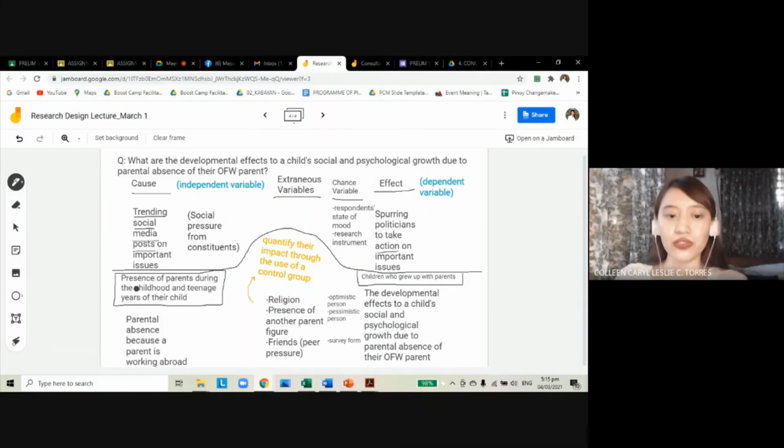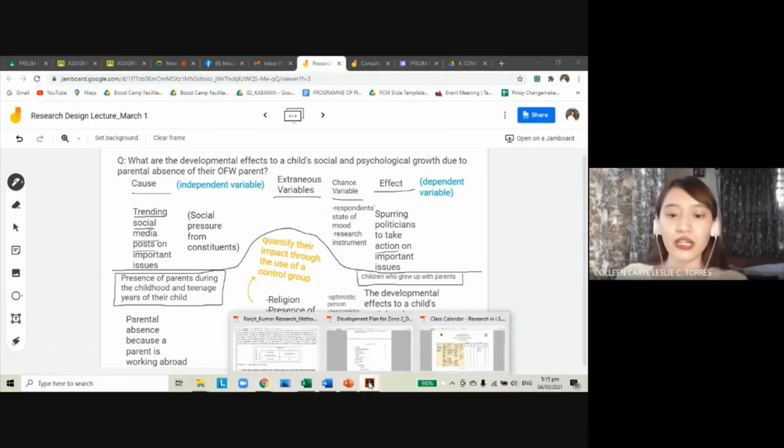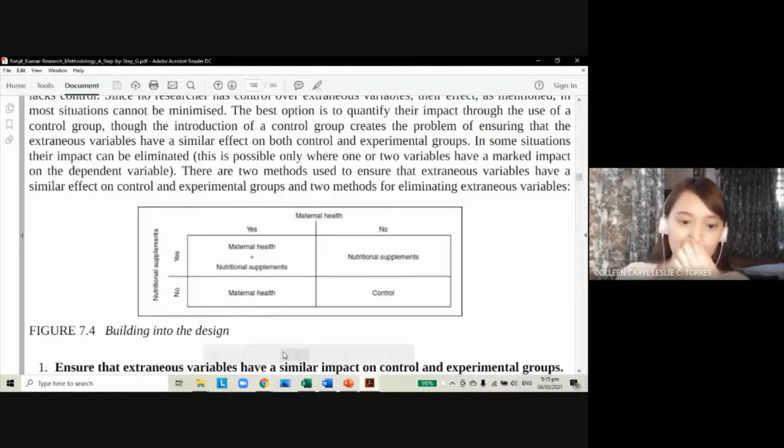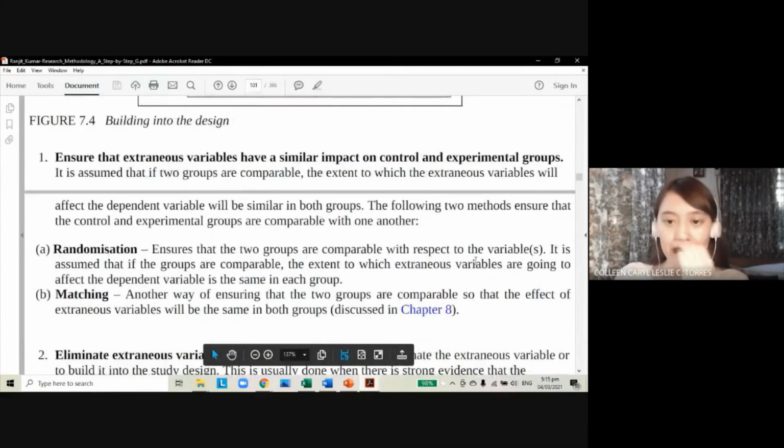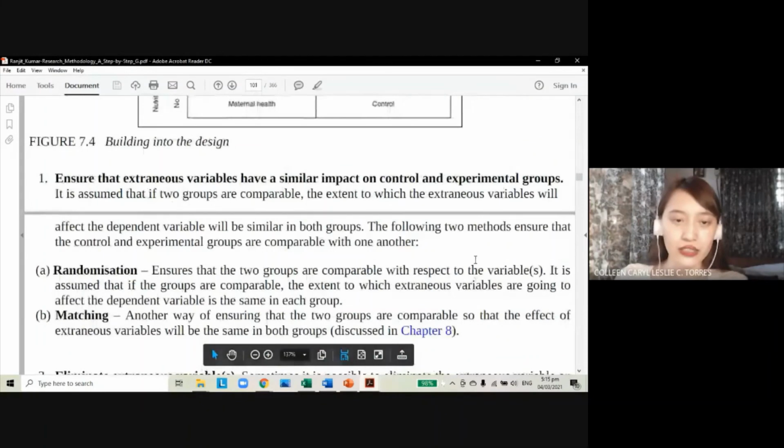The control group is where the parents are present, so we assume they are different from the children whose parents are OFWs. So to compare the two, that is the aspect. I guess that's an easy way to explain what a control group is, and just to say or discuss